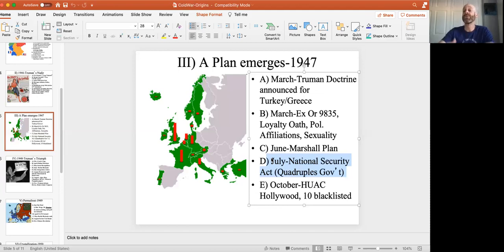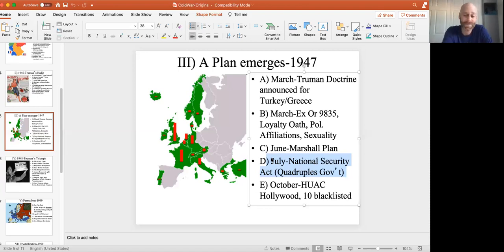This would also vastly expand the size of the federal government. The Pentagon would be constructed. The name would be changed from the War Department to the Defense Department, which is kind of a nominal change. And certain intelligence agencies would be built. It's rather astonishing that the US had no intelligence services until 1947. Who were we going to spy on?